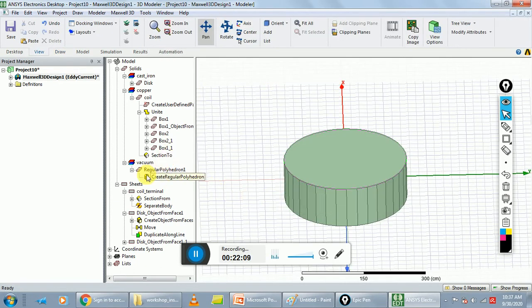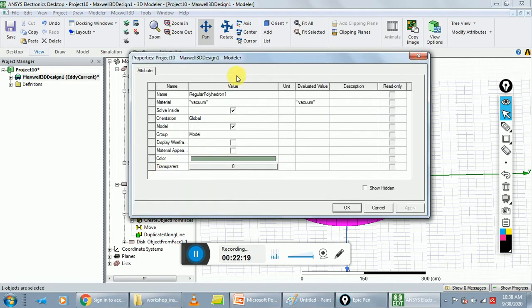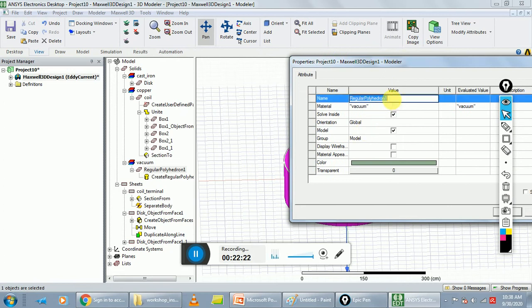Here one step is remaining in your simulation region. Change the name of regular polyhedron and change it to region. Material is left as it is, and don't change the color.